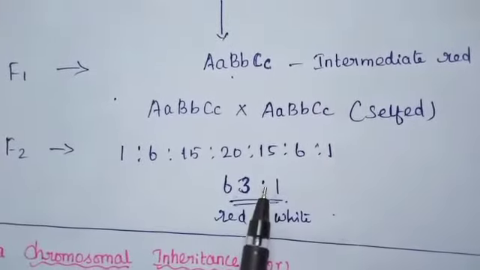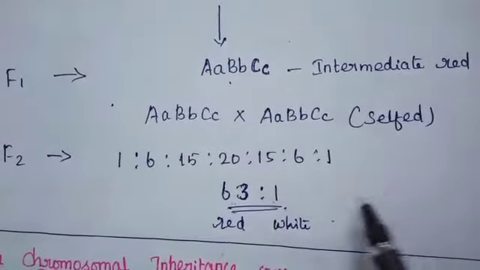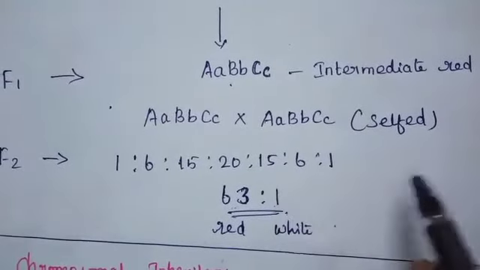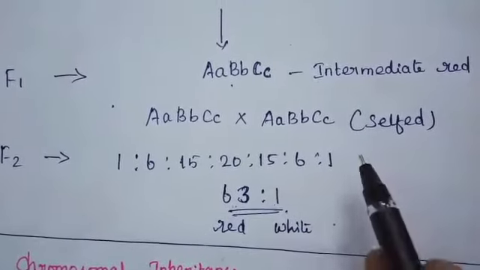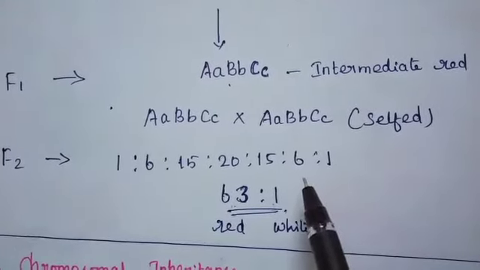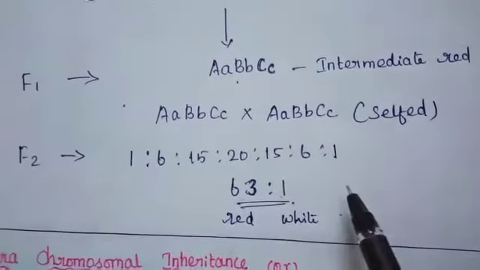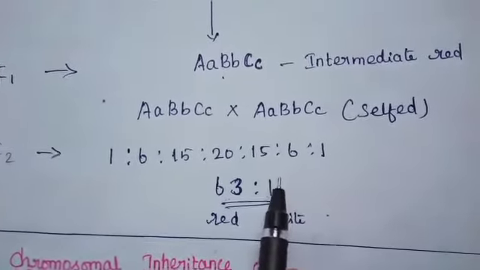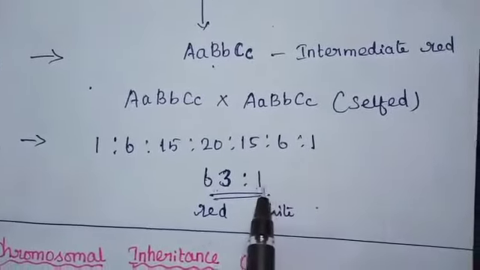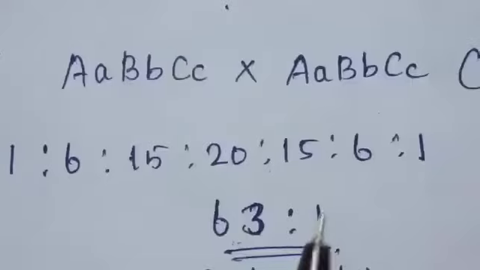In this F2 generation, plants have a wide range of color variation. Okay, this is due to the fact that the genes are segregating and recombination takes place. Another evidence for the absence of blending inheritance is the parental phenotype. What is the parental phenotype? Dark red and white color is the parental phenotype. This parental type again appears in the F2 generation. Here there is no blending of genes, only the phenotype.